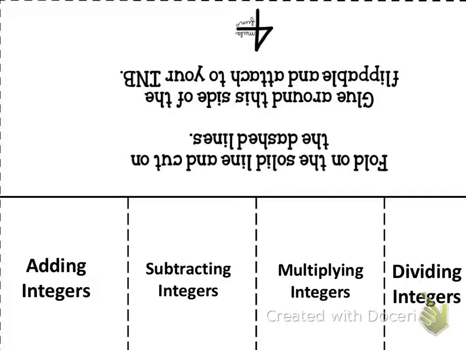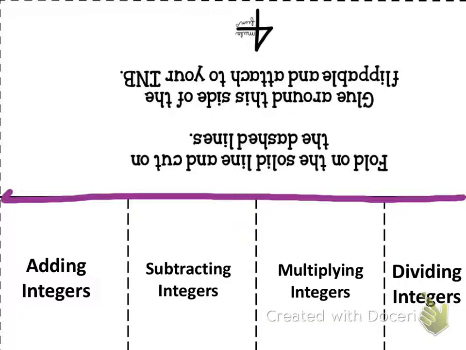This lesson is on how to make your foldable for your properties of integers. So when you're looking at your paper, you'll see a solid line that's going to be right here. This is the line that you're going to fold. You will fold there. But before you fold, what you need to do is cut along the dotted lines right here. So you're going to cut these 3 lines up to the line you fold, and then